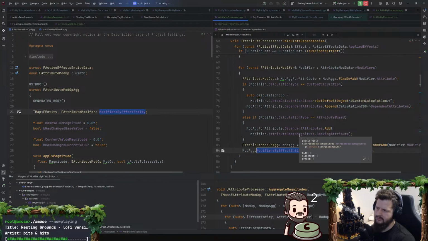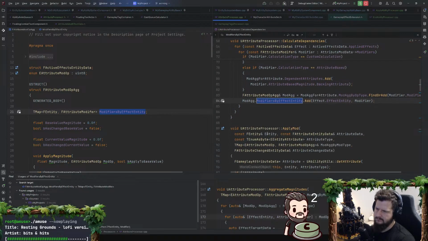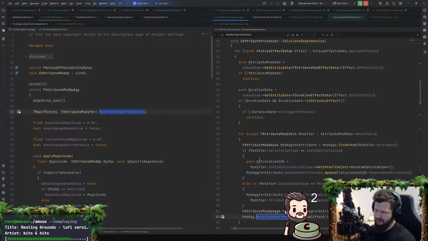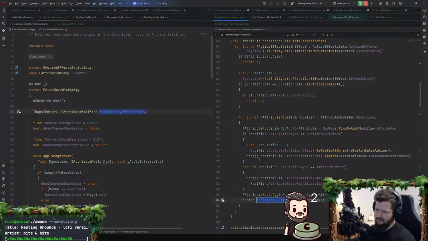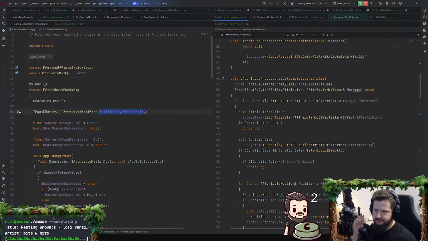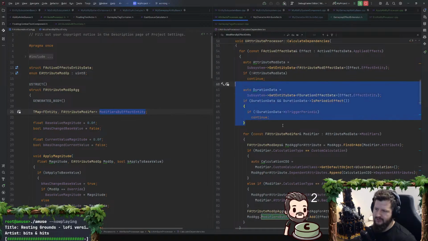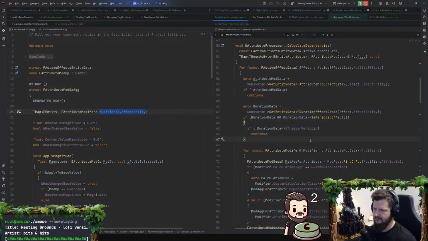Okay, so that doesn't quite work, actually. I don't have that scenario at the moment, but that would kind of get messed up, I think. I suppose that's just in the calculate dependencies. Oh, this is hairy. Yeah, I don't like the way that I'm doing this. And then I have to check if it's a periodic effect and skip it.